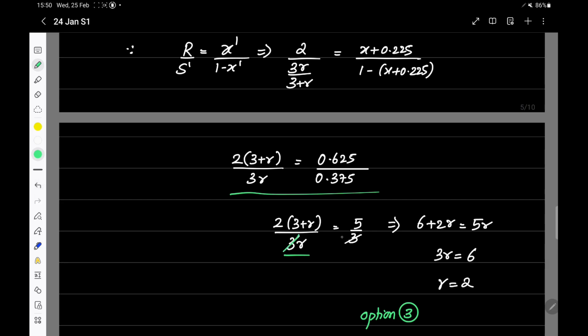Cancel the 3's in the denominator on both sides. Once you do that, you will get 6 plus 2R equal to 5R, or 3R equal to 6, or this will lead you to the unknown resistance R being equal to 2. This is our answer. It matches with option